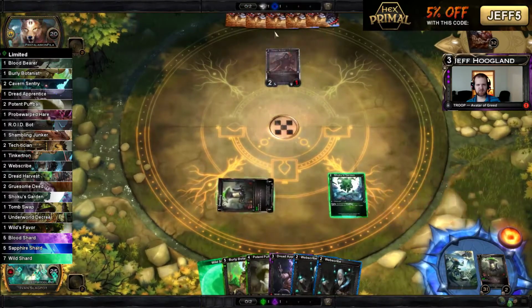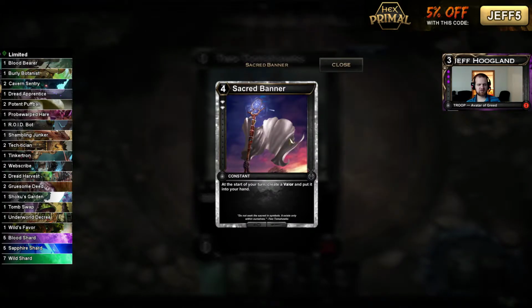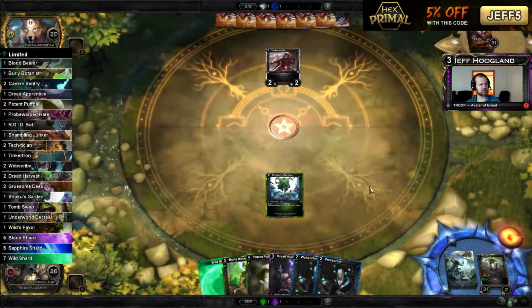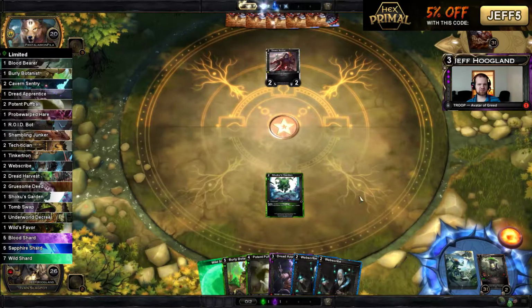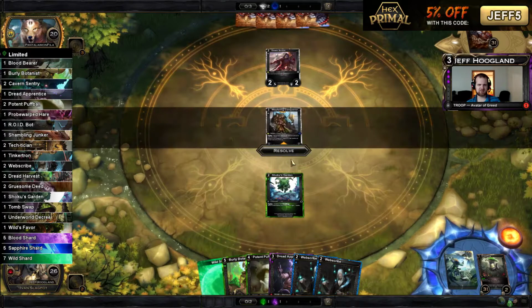Opponent's playing what looks to be Diamond Sapphire with 2 Tomahawks. For 6 charges, they summon a Sacred Banner, which is a constant that gives them a Valor every turn. I don't think we ended up picking up any things that destroy constants in this draft. Usually I have 1 to 2 in my reserves, like we pick up a Silencing Snack or something like that, but...